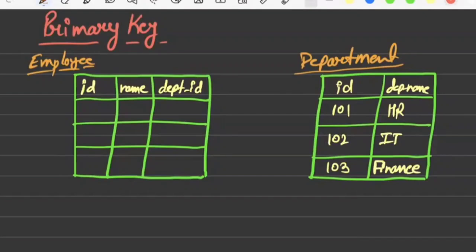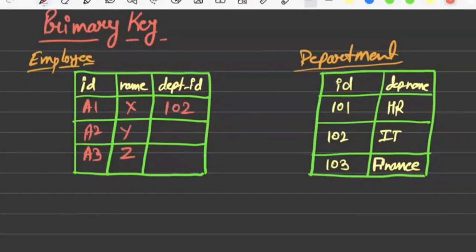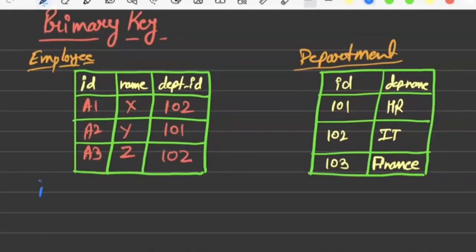Okay, and here assume you have the employee ID A1, A2, A3, and name is X, Y, Z, and then let's say 102, 101, 102. Okay. So if you look at these two tables right here, these are two individual tables, right? And in this employee table, ID